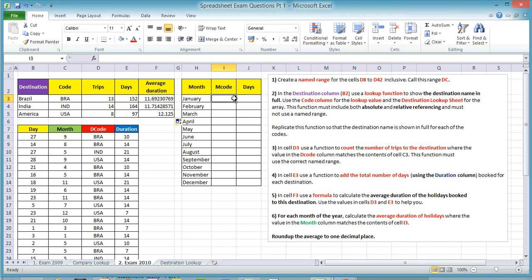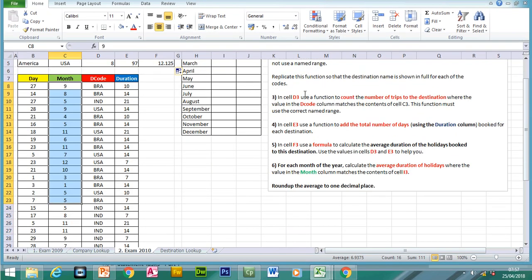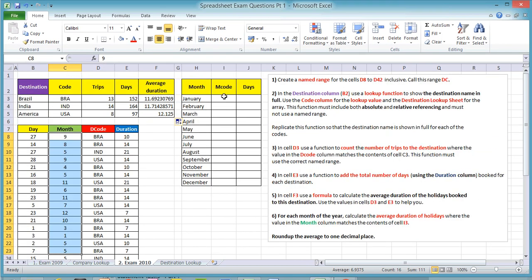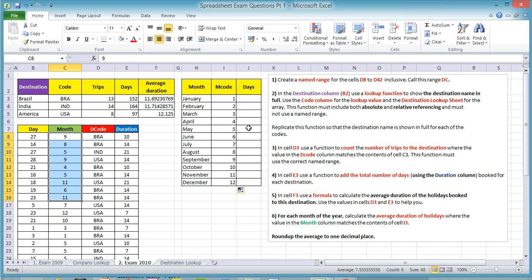Okay, so let me have a look. I'll quickly do this one here. The month code refers to these values here, and obviously you start from 1 to 12. So I'll quickly do it again. So 1, 2. So now I have a criteria which will match this range. And what we need to do